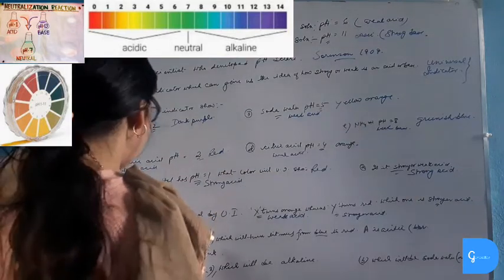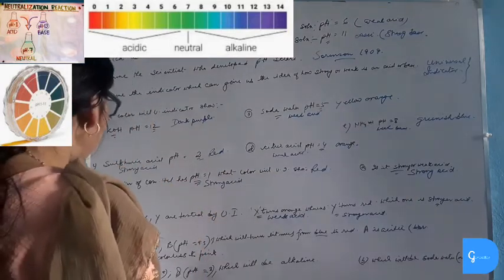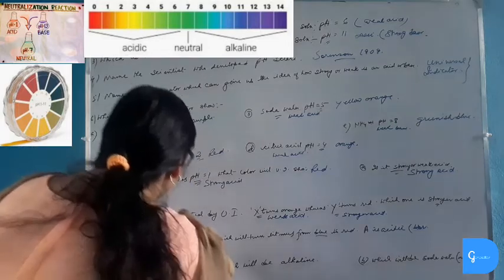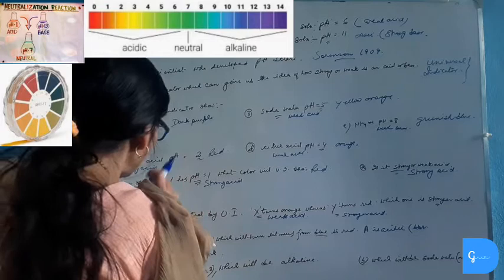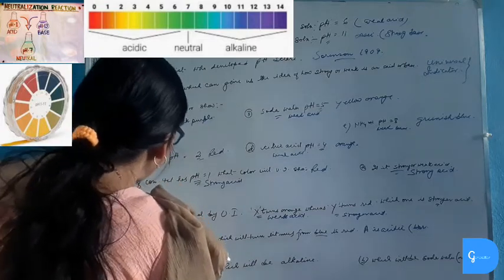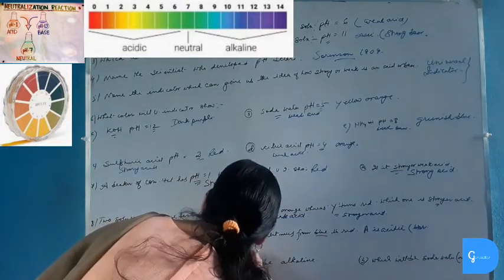Phenolphthalein colorless to pink. We know that bases turn phenolphthalein from colorless to pink. So the solution having pH 9.5 is basic because the solutions which have pH more than 7 are basic. So solution B is basic in nature, having pH 9.5.